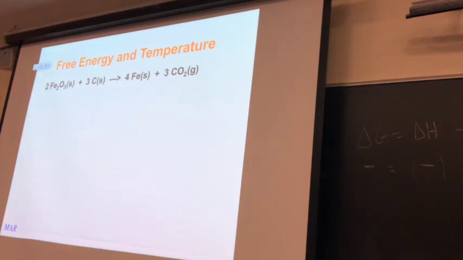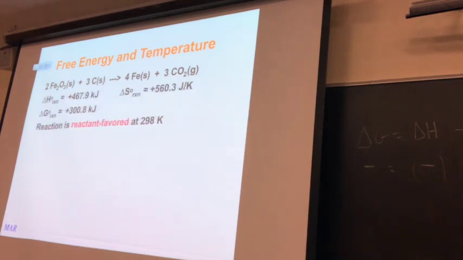Here's another reaction. Iron(III) oxide can react with a form of carbon to make pure iron and carbon dioxide. And let's say that Hunter and I look at this reaction like, yeah, making pure iron from basically rust? Score! That sounds like something worth a lot of money. Well, Hunter then does a little math, and he figures out the delta H and the delta S values,